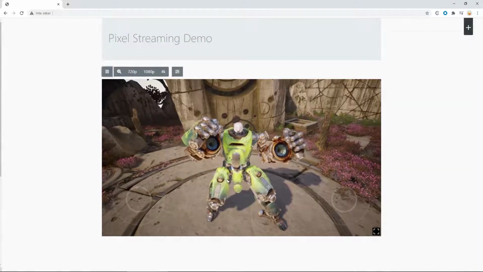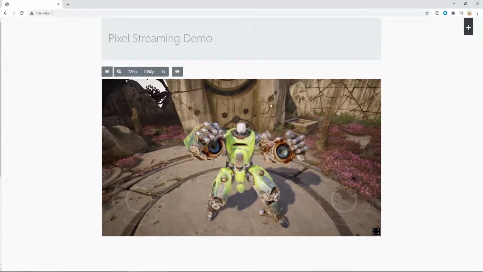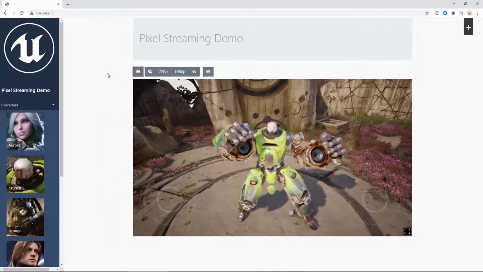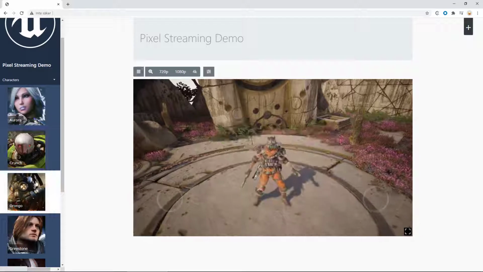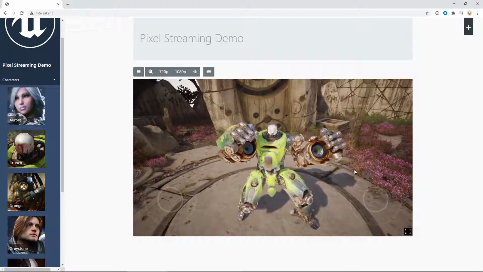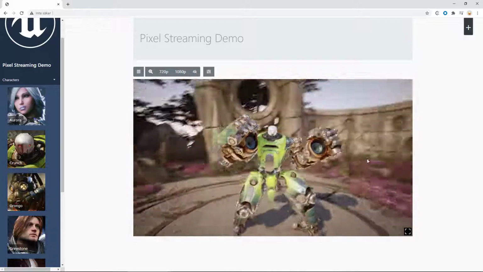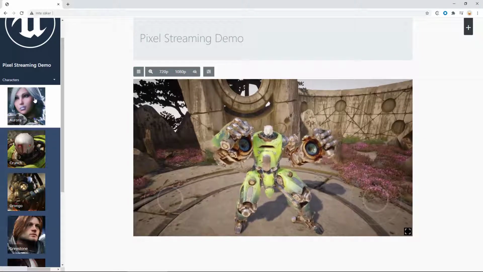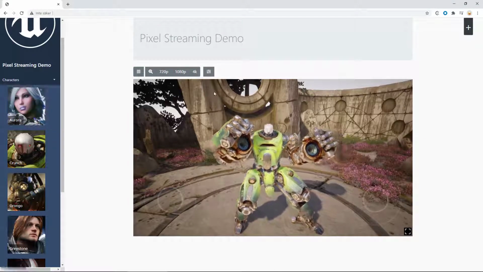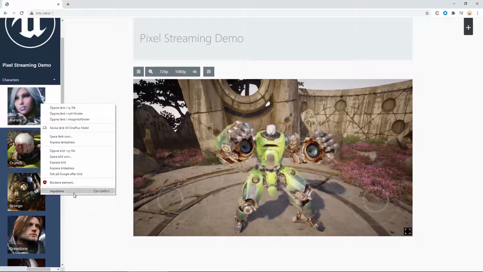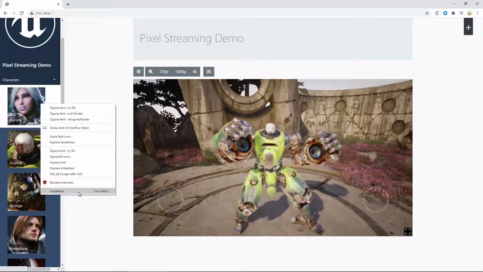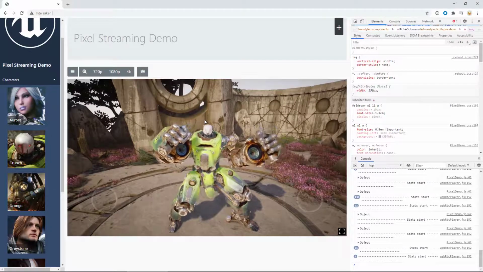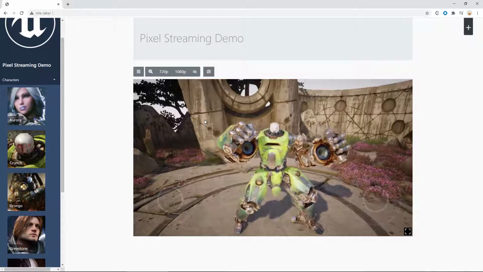Now when we have all of that set up, let's have a look at how the website interacts with the Unreal Engine. As you can see on this custom built website, you can open up a tab on the side and change the character that is displayed. And what's happening here really? The easiest way to see that is by right-clicking any element in the website and selecting Inspect, which is the bottom choice. You can also press Ctrl-Shift-I to get that up.